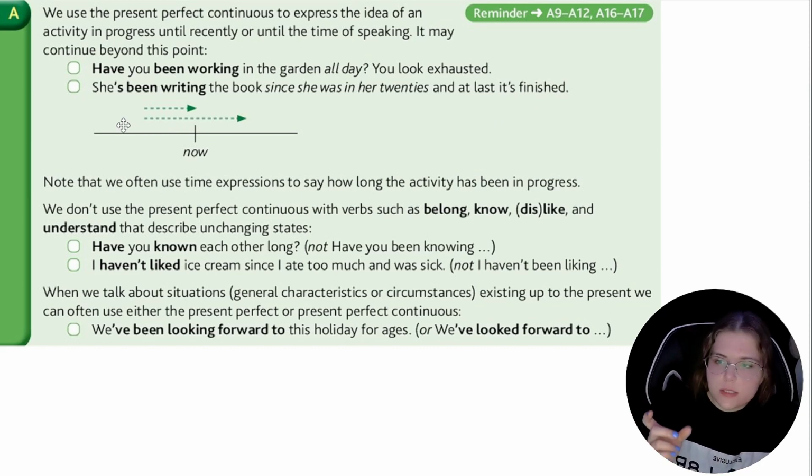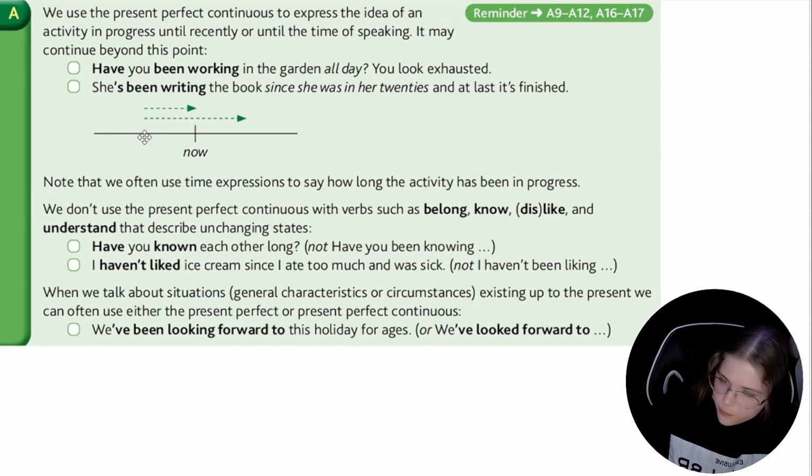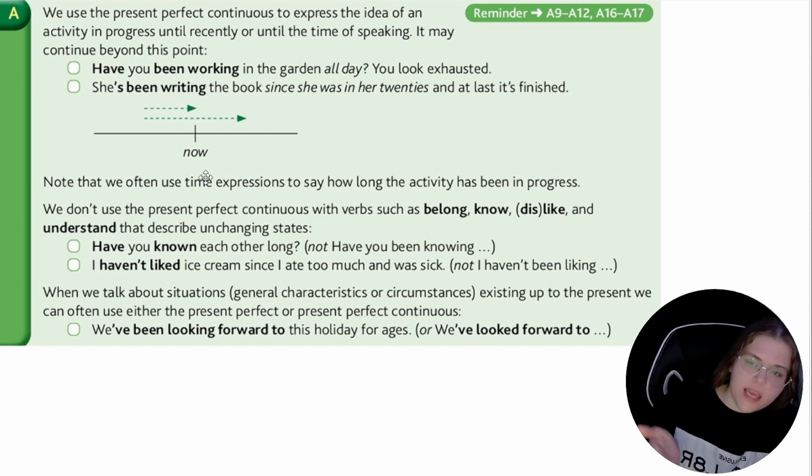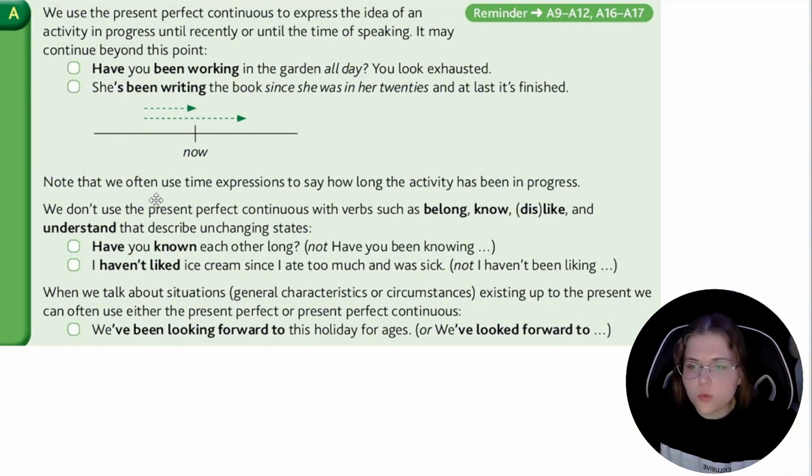So, these two actions were begun some periods of time ago. They are continuing now, and maybe they will be continuing in the future. Note that we often use time expressions to say how long the activity has been in progress. We don't use the present perfect continuous with verbs such as belong, know, like, dislike, and understand that describe unchanging